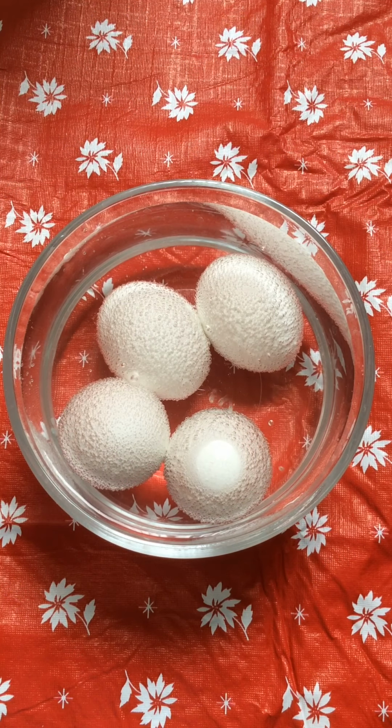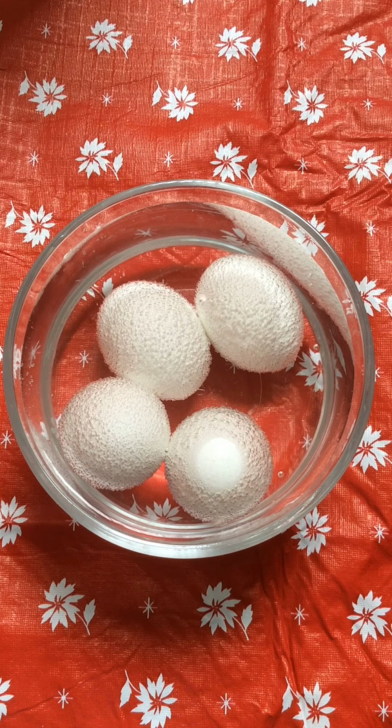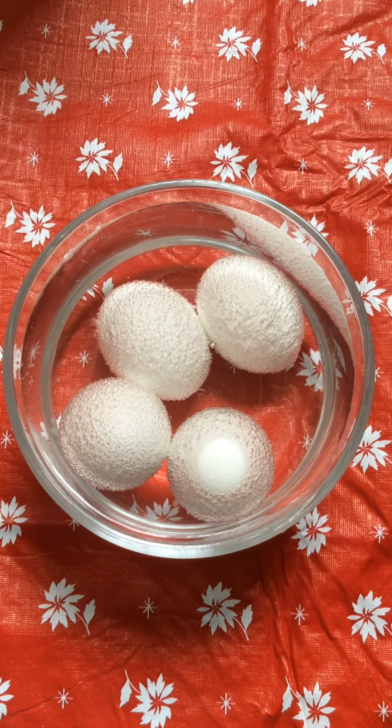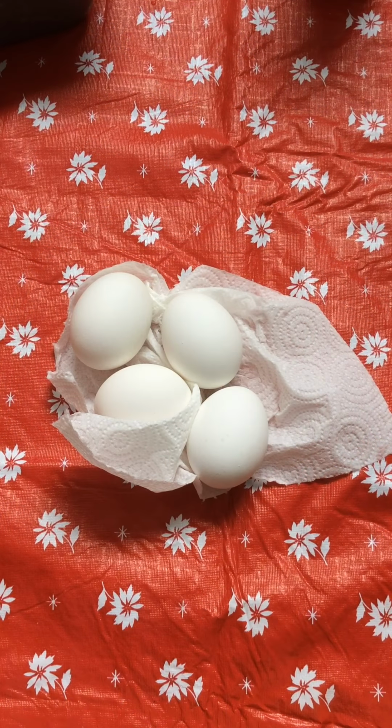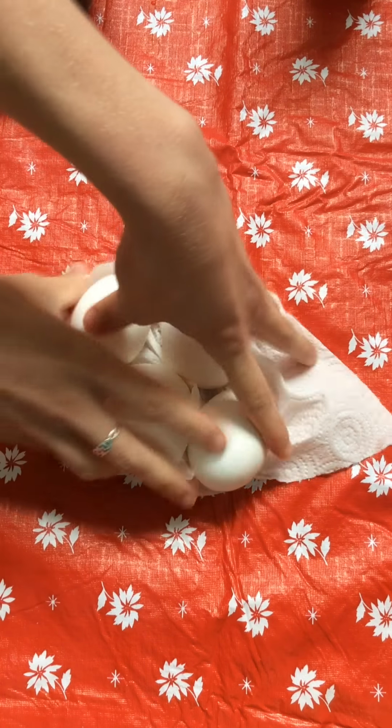To prep my eggs, first I hard boiled them to make sure that they're nice and sturdy. And now I'm soaking them in just regular distilled white vinegar. I'm gonna let them soak for 2 minutes, and that's gonna help the shells get ready to go. So once my eggs have soaked in the vinegar for 2 minutes, I'm gonna take them out, dry them off,